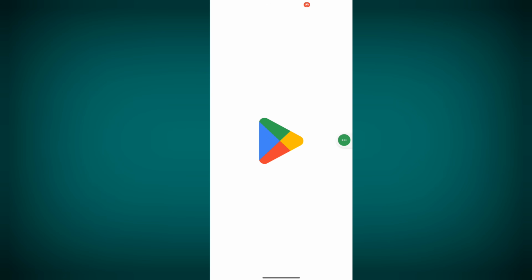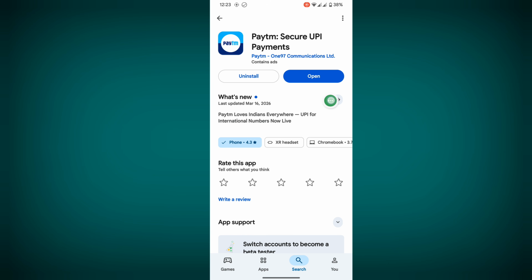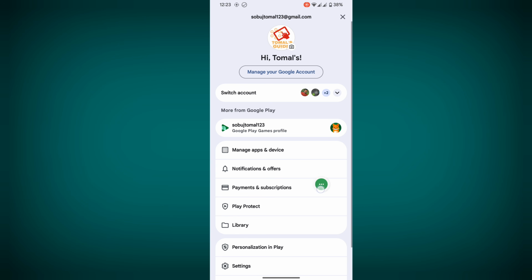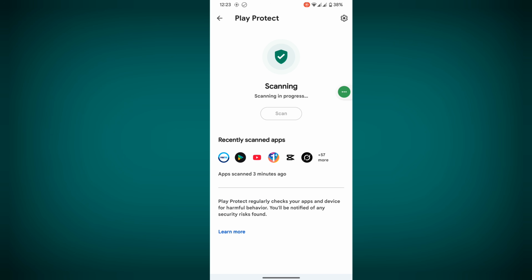For checking this, go to Play Store, search Paytm, update your Paytm app if any update version is available, and click on your profile icon in Play Store and click on Play Protect. Turn it on if you disabled this feature. Click on turn on,